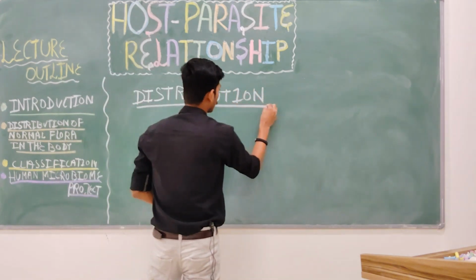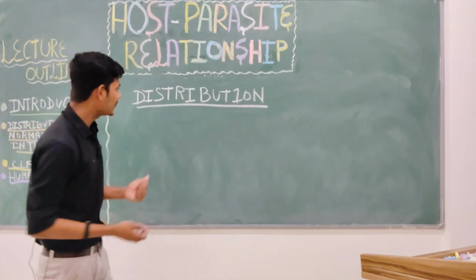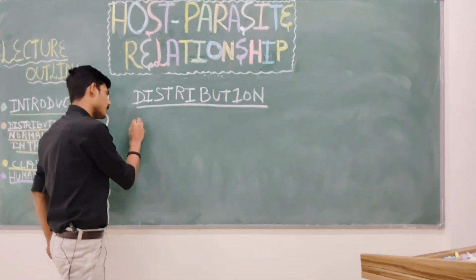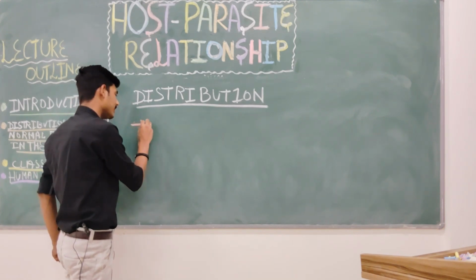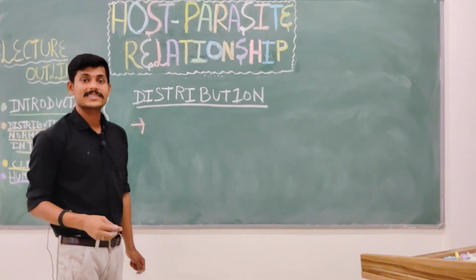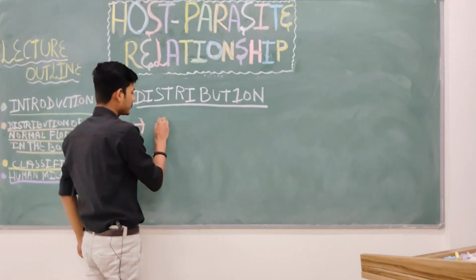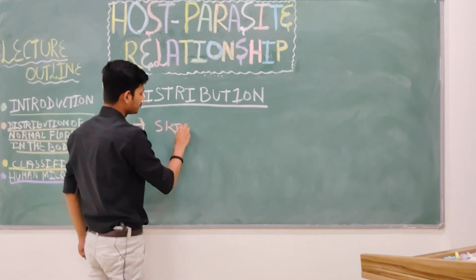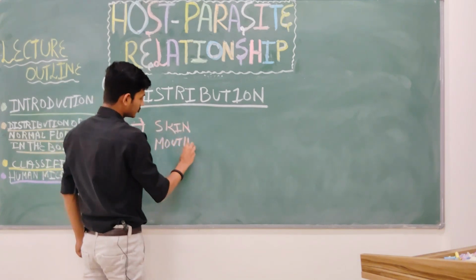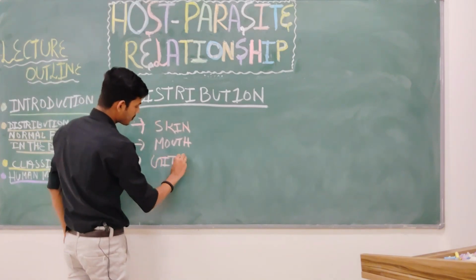Distribution of normal flora in our body. As I said, we acquire these organisms, and the parts involved in interaction with the environment have a higher chance of housing these microflora. The parts are first and foremost your skin, then the mouth, then the GIT, gastrointestinal tract,